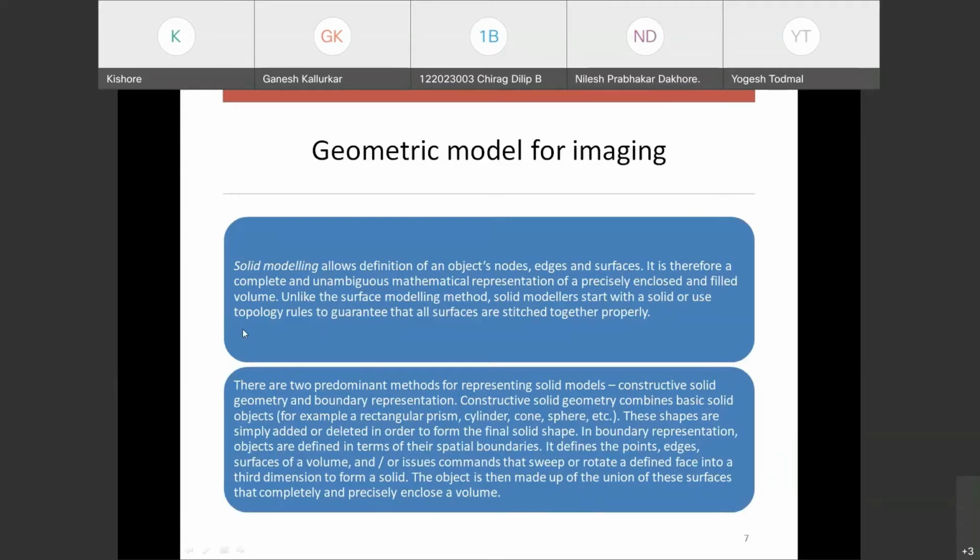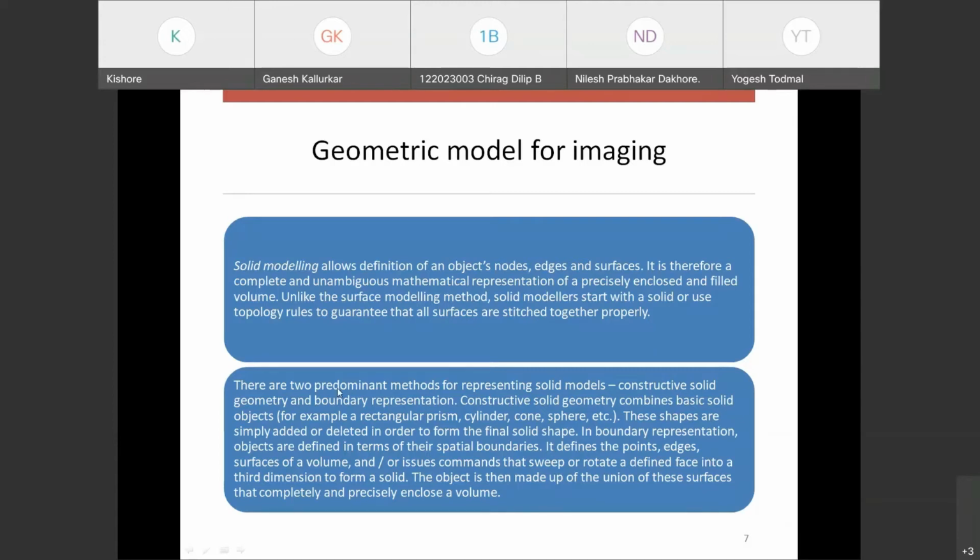So the next step after wireframe modeling is to define a surface, wherein again, if you go back to our example of defining a cube, all the surfaces would be represented. However, if you were to take a cross section of the cube, you would see that it would be empty inside. Okay, but as and when there was an increase in space and processing capability, we moved to solid modeling, wherein we could see the internal features of a given component as well.